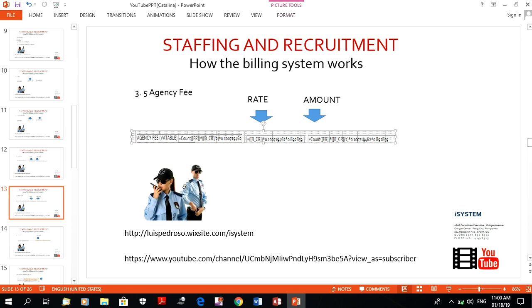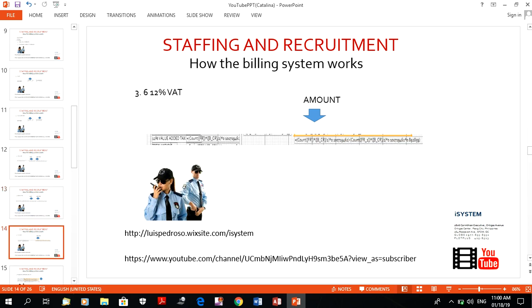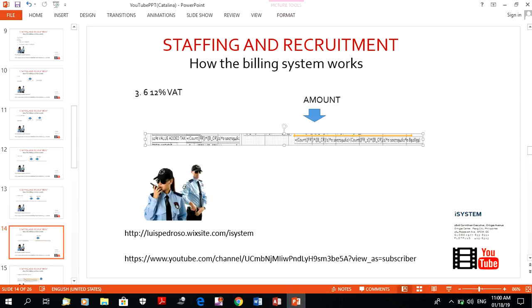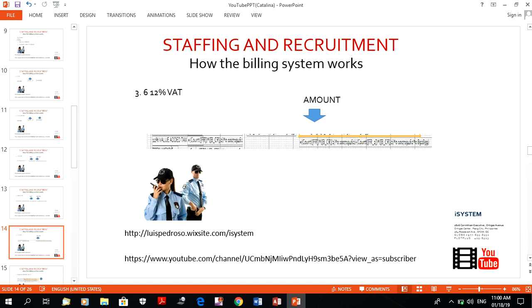That is the reason why this video was created. Now the 12% VAT down below is also in the next screen here. That's also your definition. See? That's your definition for your 12%, but if you notice, this is